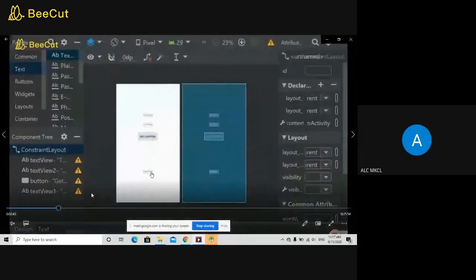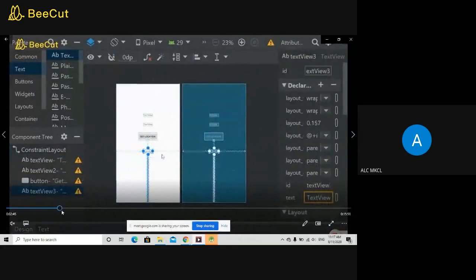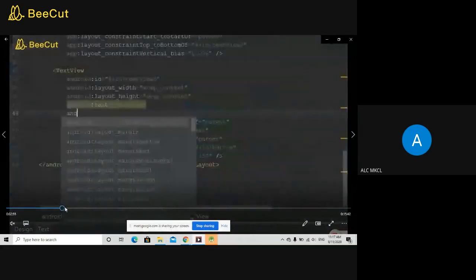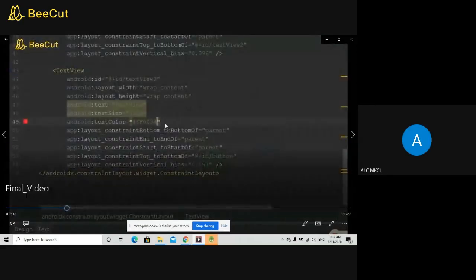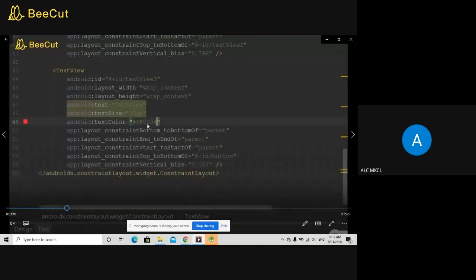Okay, so this is my interface: 3 text views and 1 button. You need to set the properties, like if you want to set the text color. I showed you the text in red color, so if you want to set red, you can give the actual hexadecimal value. You can set the text size with android:textSize equal to 30dp. I think that is the part you have done in your SYBSc, so I'm not going into detail. But I have shared everything in a video, and I'm also going to share this video, so you can refer to how to give the text colors and text size.